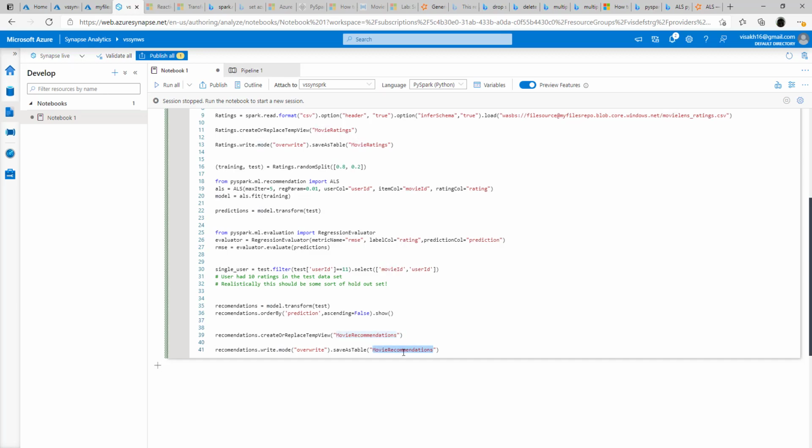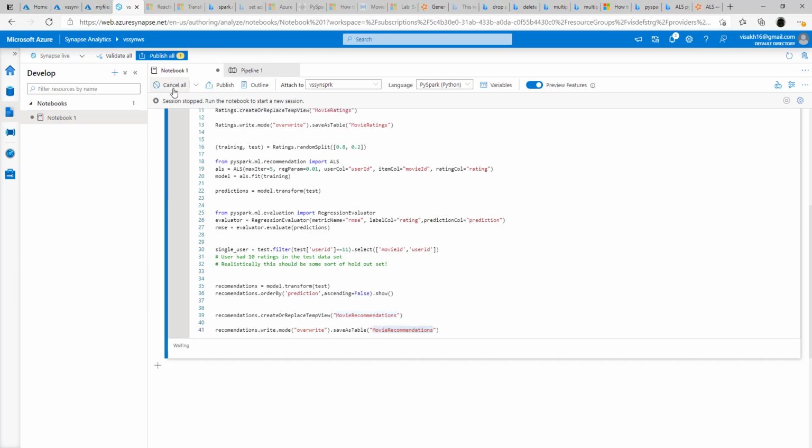So this is what is happening inside our notebook which is created inside Synapse. When we execute this notebook, once the notebook has run, we will have these two tables available inside our Spark pool. One table will contain the original data, which is the movie ratings, the ratings given by the different users for the movies, which we loaded from our Azure Blob Storage.